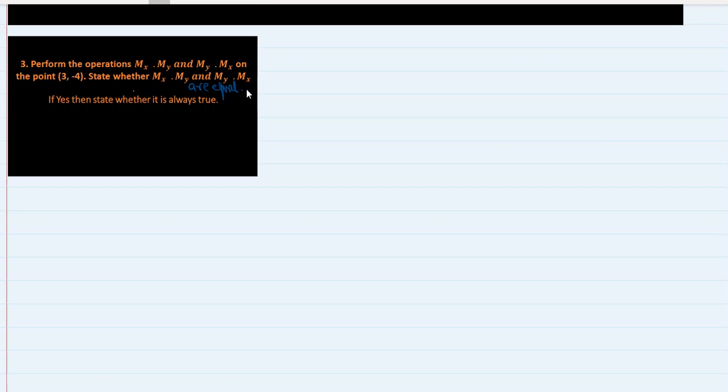Okay. So what is mx, my? Mx dot my means reflection under x-axis first and then the reflection of the image obtained under x-axis in y-axis. So first we have to reflect a point in x-axis, then in y-axis. Okay, let's figure out how to perform mx dot my on the point